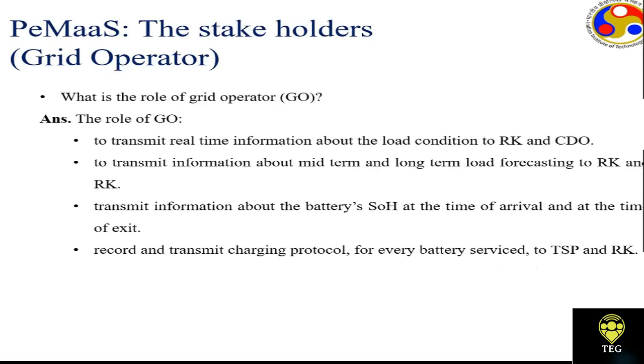Okay, so the grid operator will have a major role because it has other loads other than the transportation system. Clear? So it will have a good idea of what is the generation scenario from conventional sources and also from renewable sources, what is the weather pattern, and what is the current load demand, what kind of spikes can come in the load demand during the day, plus what would be the additional demand of the transportation system. Okay, the load demand from the transportation system. So all that would be available with the grid operator,